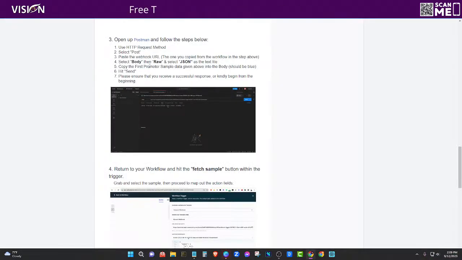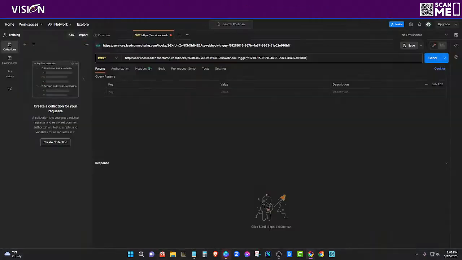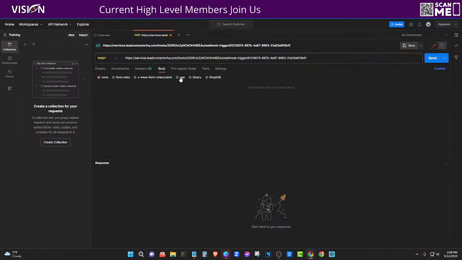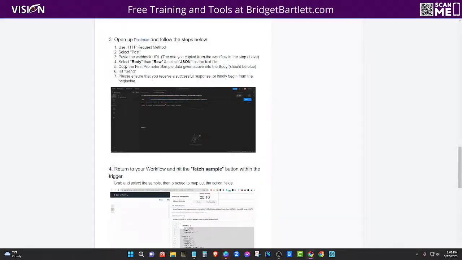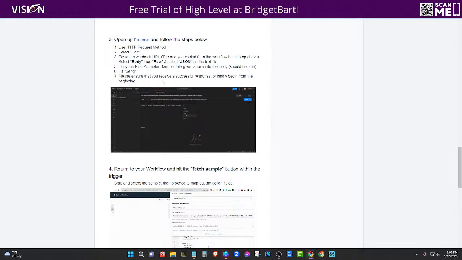Now the next step is I need to select the body, then raw, and then JSON. Okay, so I'm going to go body, raw, and then we're going to change this text to JSON. Now it says copy the first promoter sample data given above in the body, and it should be blue